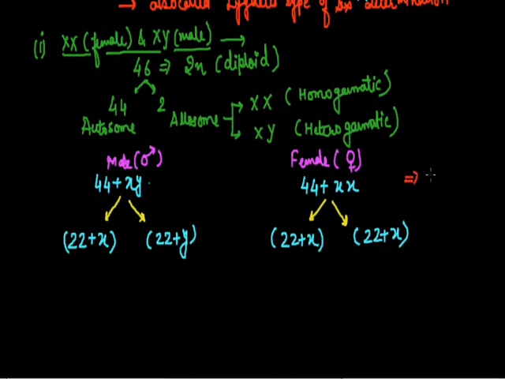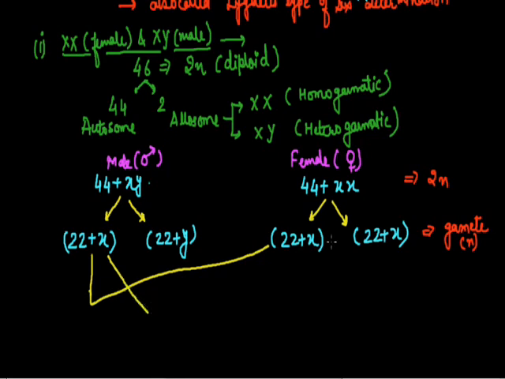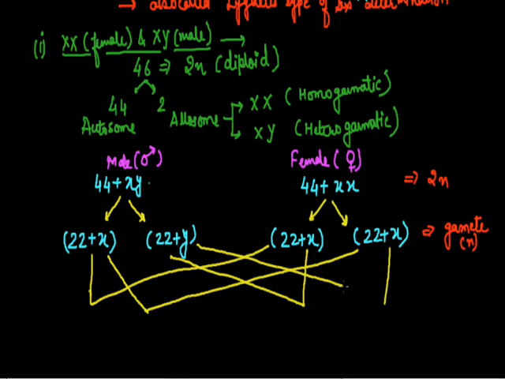This one is expressed as the karyotype of human beings, while this one is expressed as gametes, which are, as we know very well, haploid in nature. The next step is the fusion of gametes, also known as fertilization, in which this one can fuse with this, or this can also fuse with another gamete, same here, this gamete can fuse with another male gamete, or this female gamete can fuse with another female